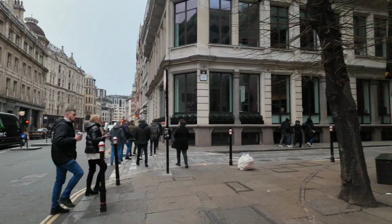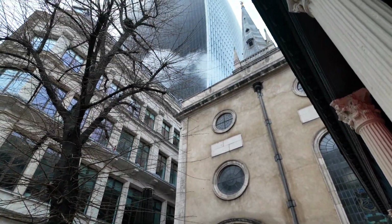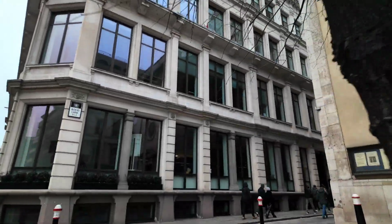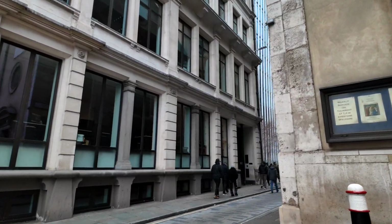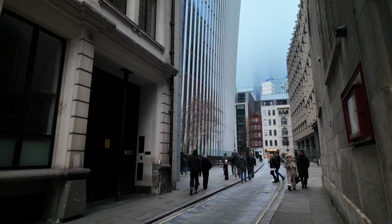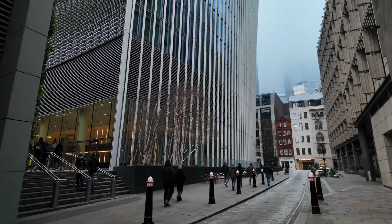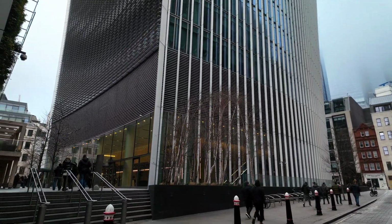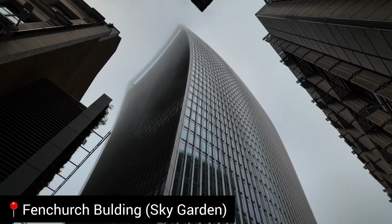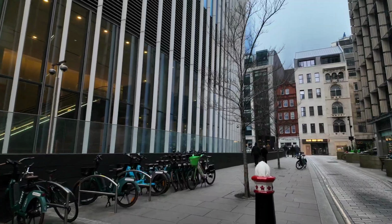Okay, so here we are already. From here you could see the Sky Garden better. Funnily enough, from afar it seems like the fog is hiding the top of the building, but when you get close to it, you could actually see everything. That's the Fenchurch building in all its glory. Okay, and now from here we're going to walk to Leadenhall Market,